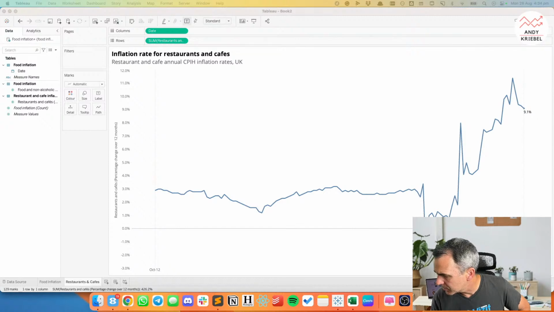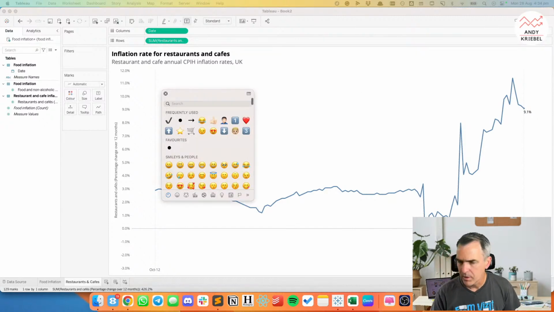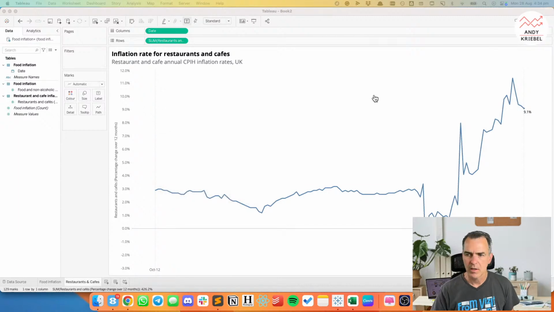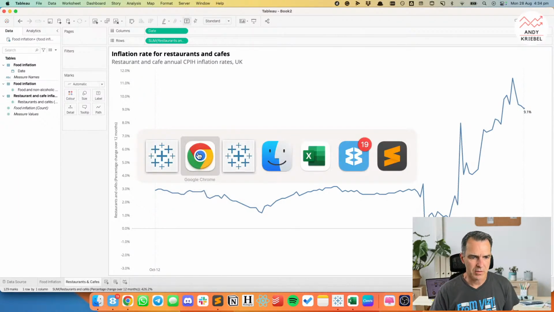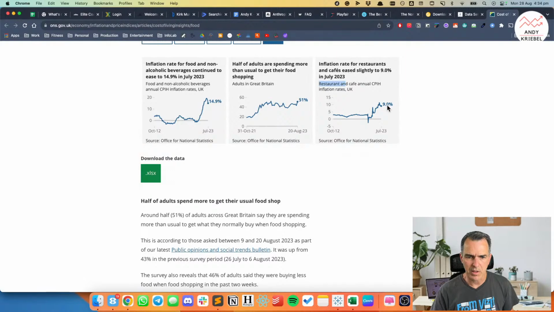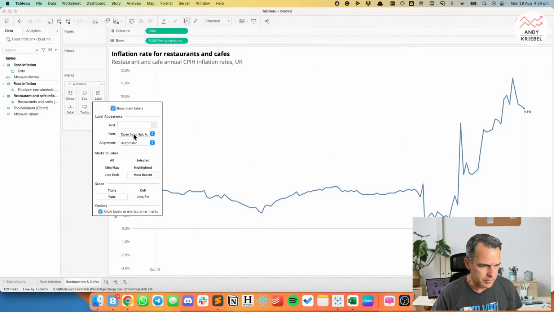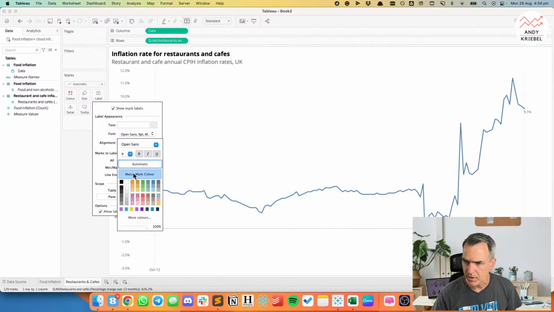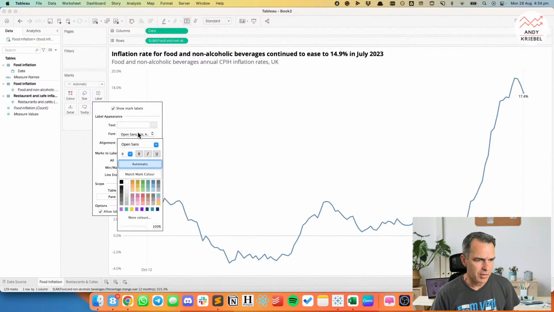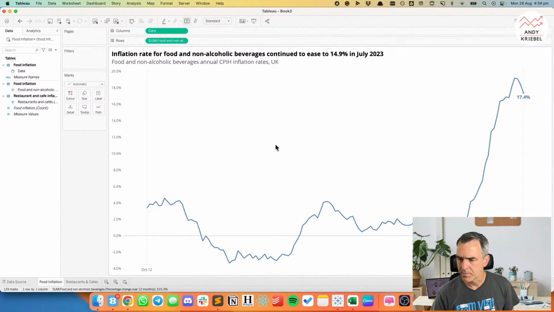Label color should be the same as the line. Okay. Yep. So let me go back here. And if I go back to this, okay, so label color, same as the line. Yep. So I want to go to label and have it match the mark color. And it probably needs to be bold and maybe a bit bigger, something like that. So let's do the same thing here. Let's make it a bit bigger and bold and match the mark color.